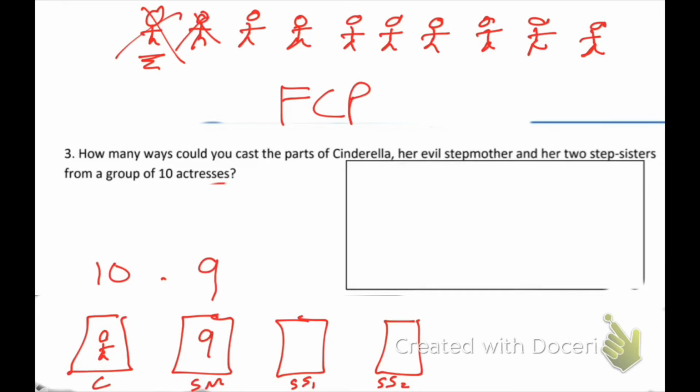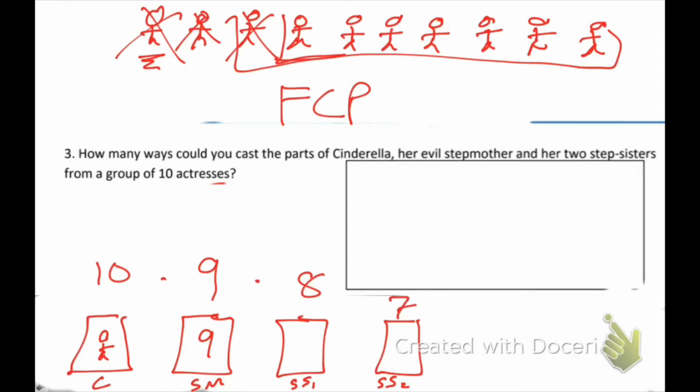Now I only have 8 people remaining. So there's 8 options here. And once they're chosen, I only have 7 people remaining for the final stepsister. So you kind of see how the fundamental counting principle works. We have 10 times 9 times 8 times 7, which gives me a total of 5,040 different ways,